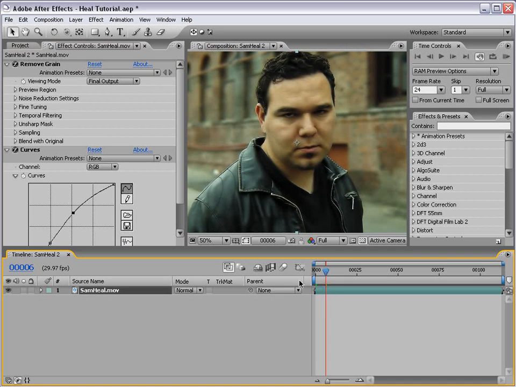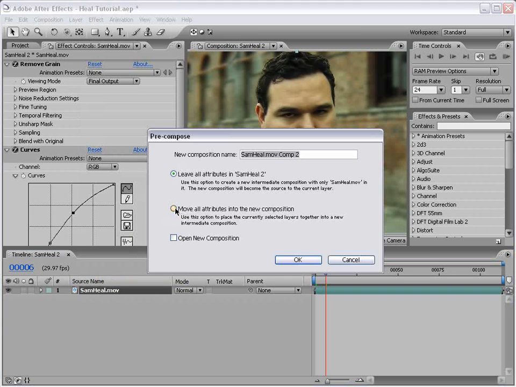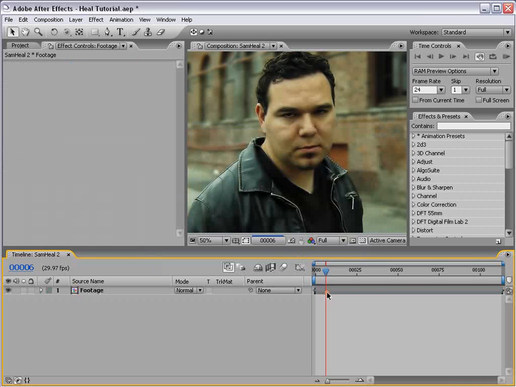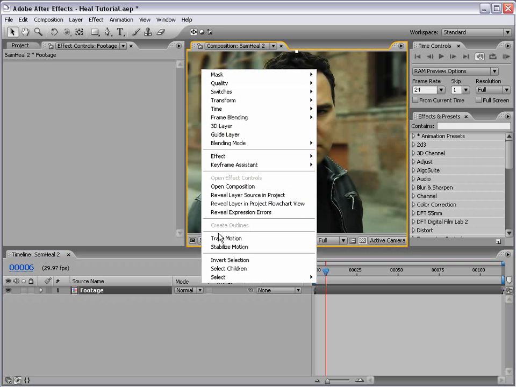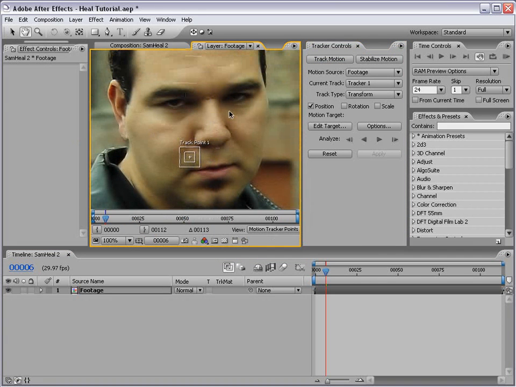Instead, I'm going to pre-compose our footage. So I'll choose Layer, Pre-compose, and we'll move all attributes into the new comp. We'll just call this Footage and choose OK. So now I'm going to track this pre-comp. So I'm going to right-click and choose Track Motion. And we'll zoom in here, and now you can see our effects are still applied,